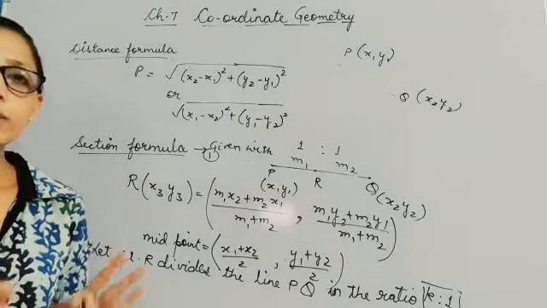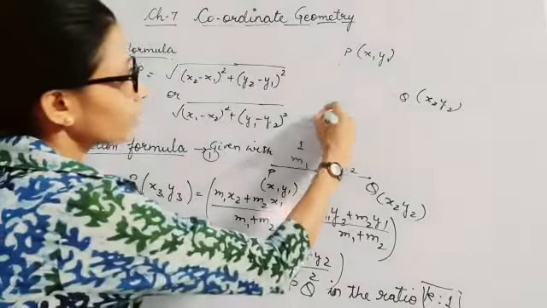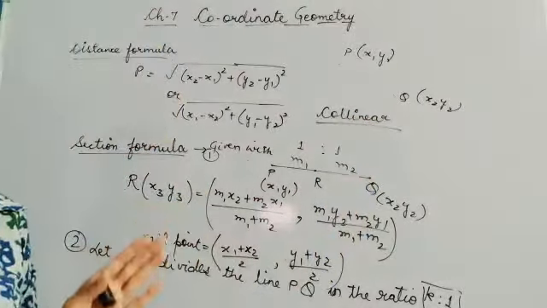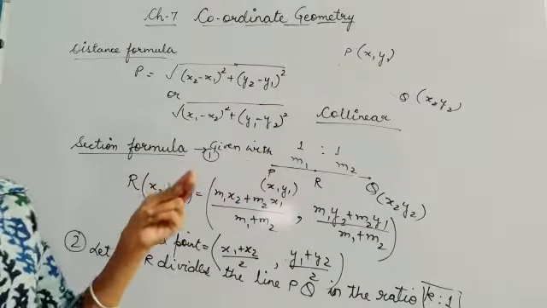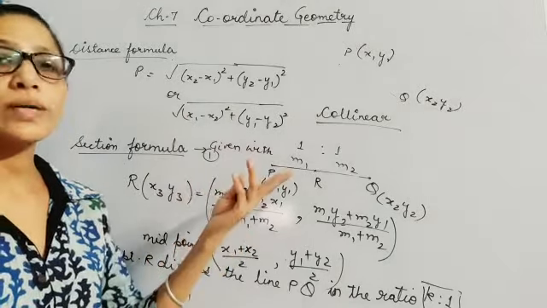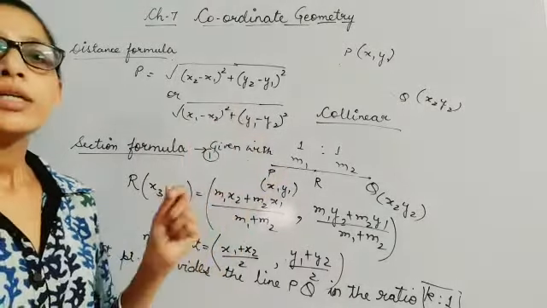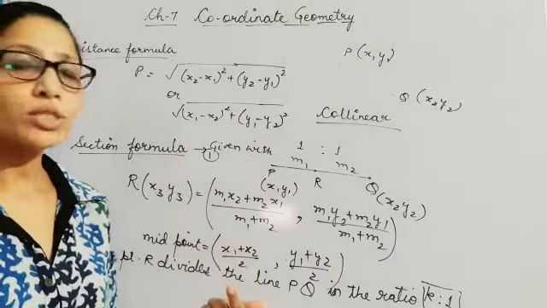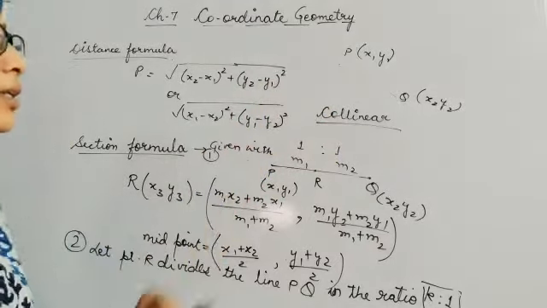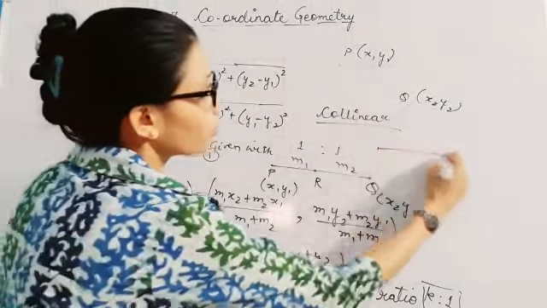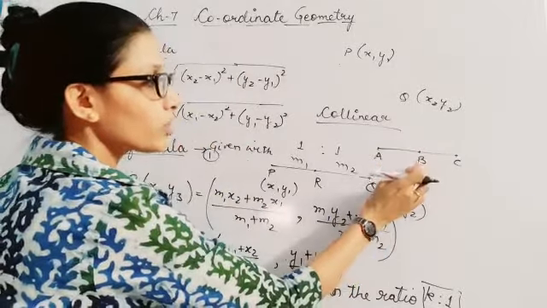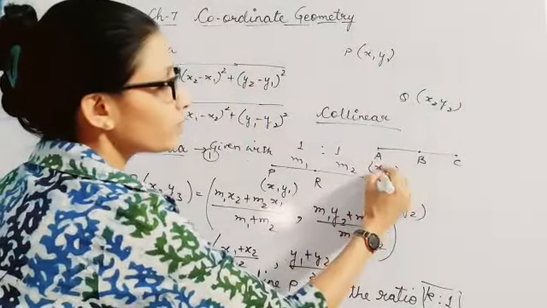Children, in this chapter we have one more terminology, that is collinearity. How we can prove that the points are collinear? For collinearity, we can find collinearity by two ways, either by area of triangle formula or by distance formula. Now, this year area of triangle formula is deleted from your syllabus, so you will be finding out collinearity just by distance formula, and the formula for this is, let's suppose this is your line AC which is divided by B, the coordinates will be given to you.